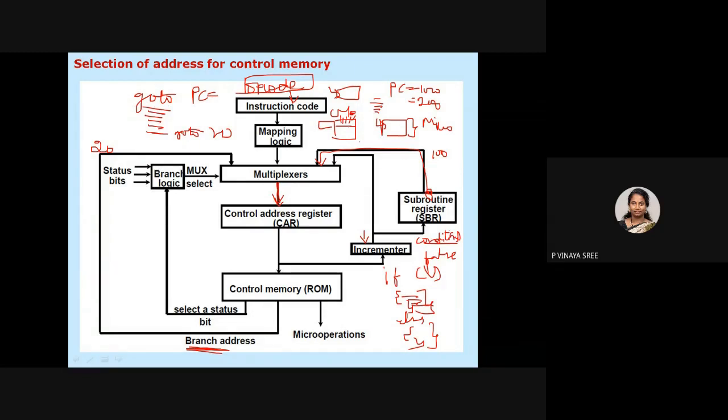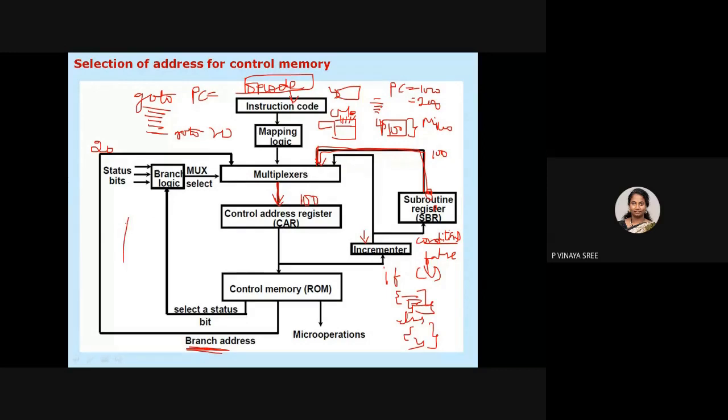So in order to mention these control signals, whatever is there in the subroutine register, if this is selected among the 4, that address called 100 will be placed in the control address register as 100.